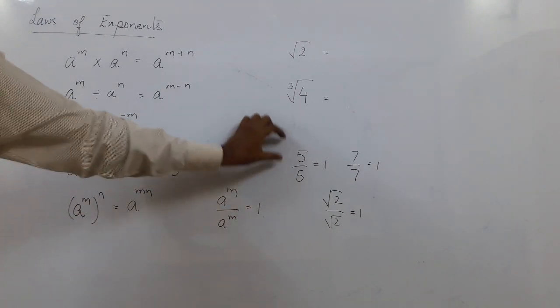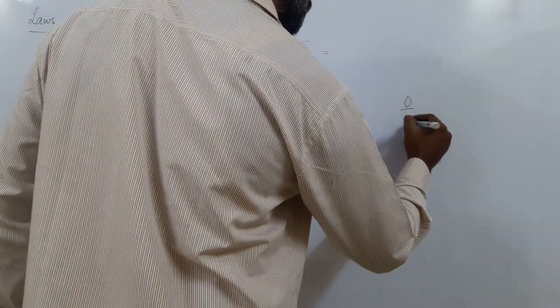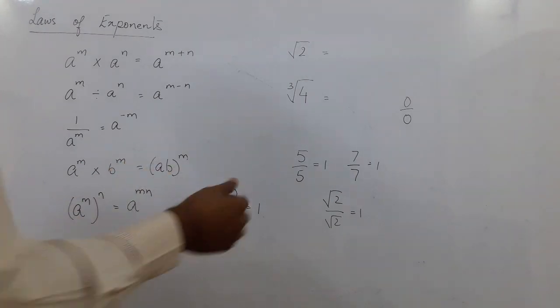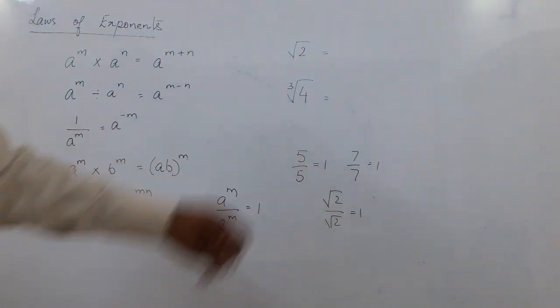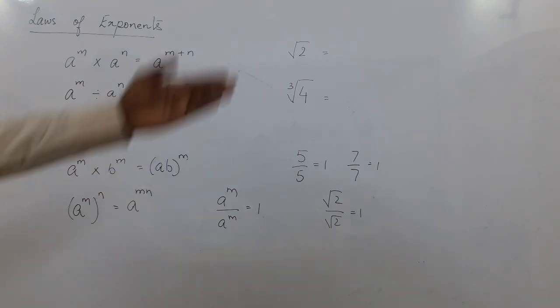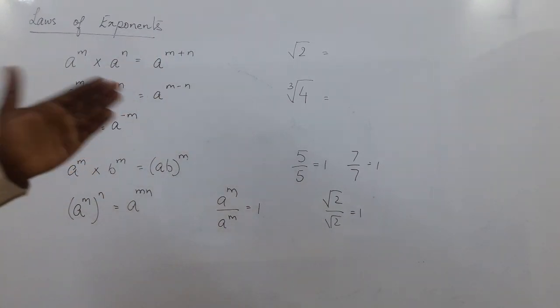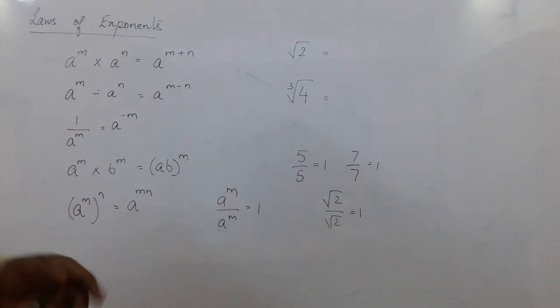because now remember, do not apply the rule for 0 by 0. 0 by 0 is an undefined term, okay? And even infinity by infinity is an undefined term. But for real numbers, you can see what happens. 0 is a real number, but 0 upon 0 is an undefined term. Infinity upon infinity is too. Now we got a^m upon a^m. Because the numerator and denominator are the same, we get 1.